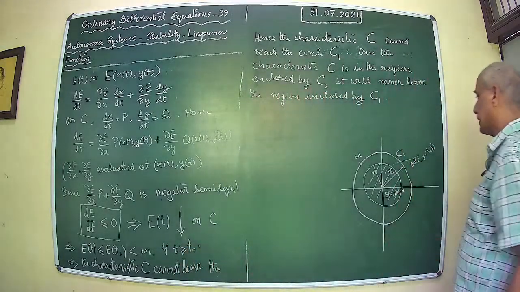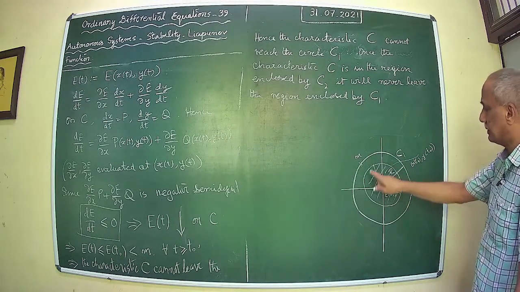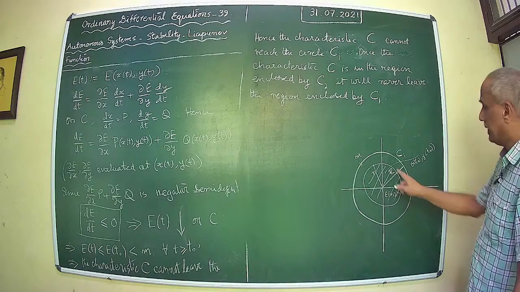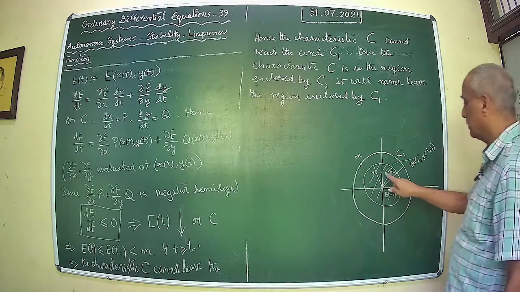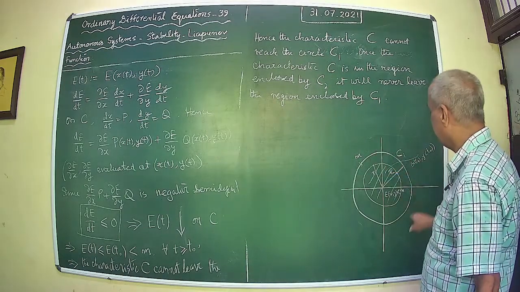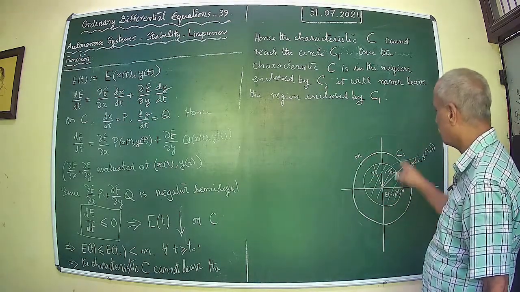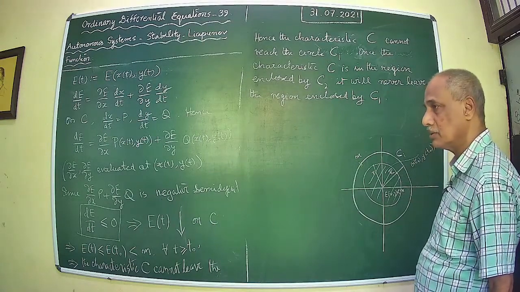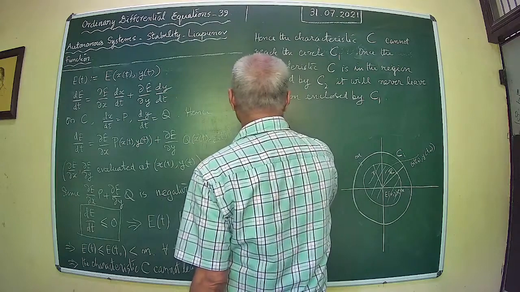So that means once a characteristic is inside R, it can never leave this region enclosed by C1. So what does it mean? So C remains